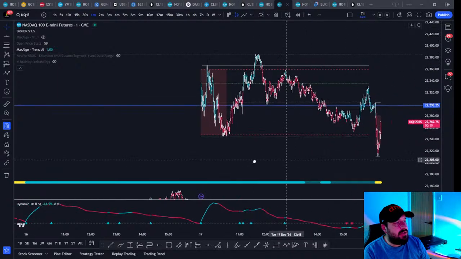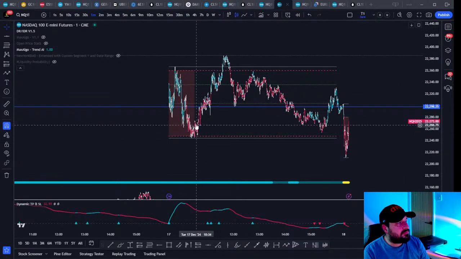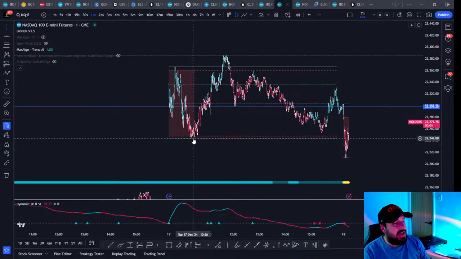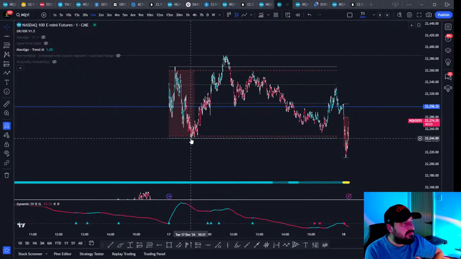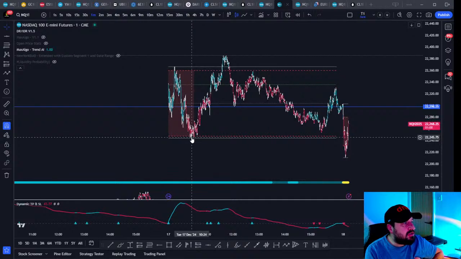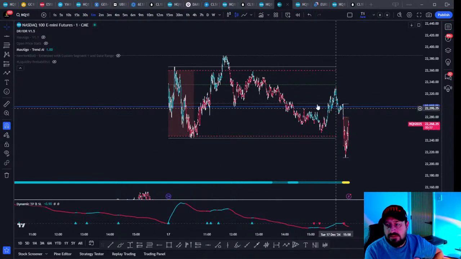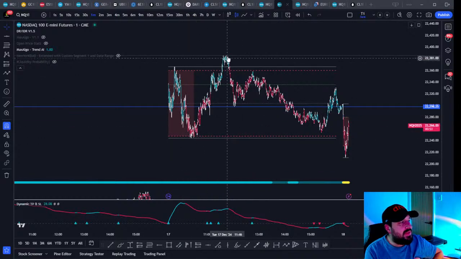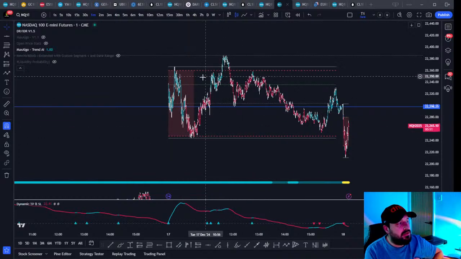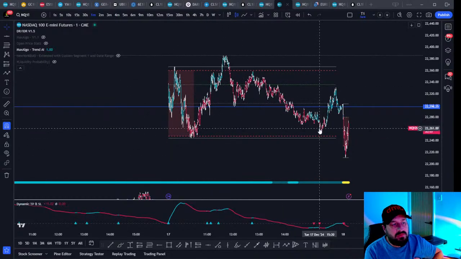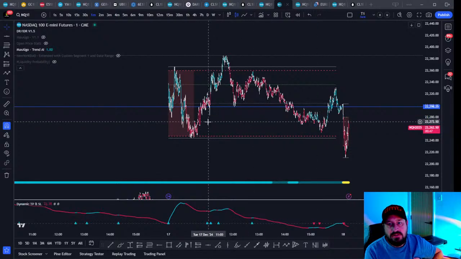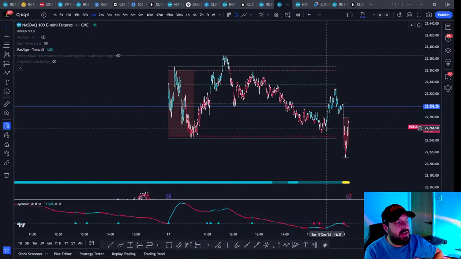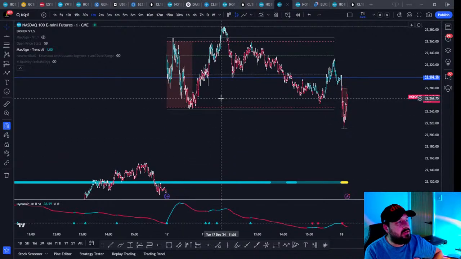So here, for example, right? Here's the open price. First hour's bearish. So you would expect a similar edge, right? We then go on and confirm long. We do close below the open price, right? Do close below the open price. So we do close bearish, but we don't take that low.